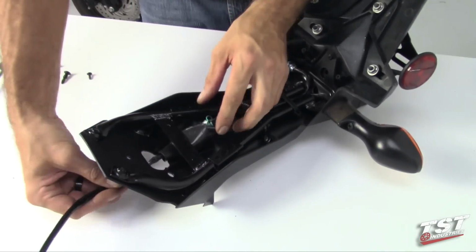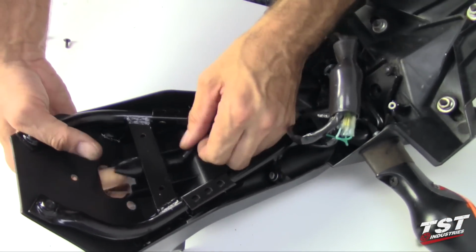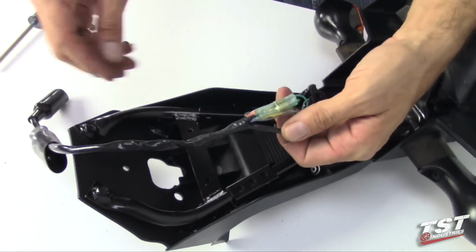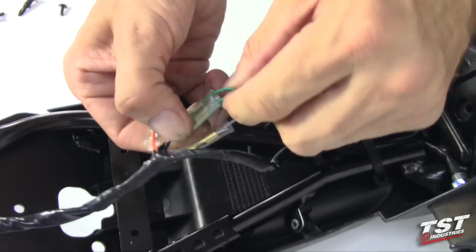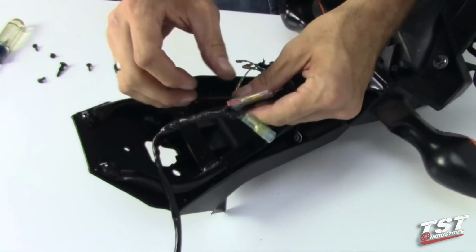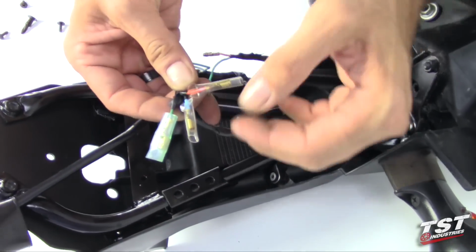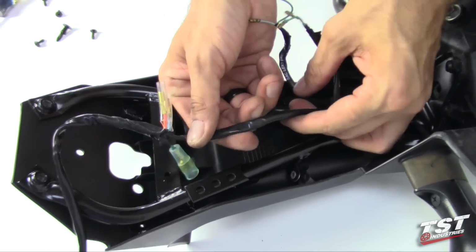Okay, so we are interested in this part of the wire with the plug. Feed it through this subframe component here. Slip off the boot. We will unplug all these. All right, so you have your signal leads here and the ground for the signals. And this remaining set of wires here,